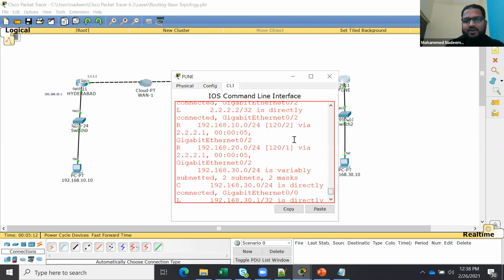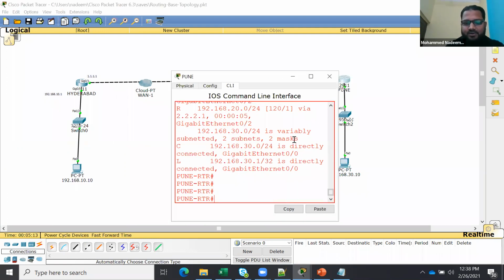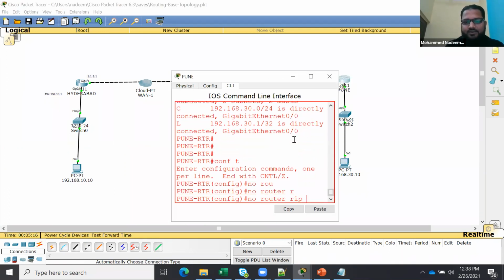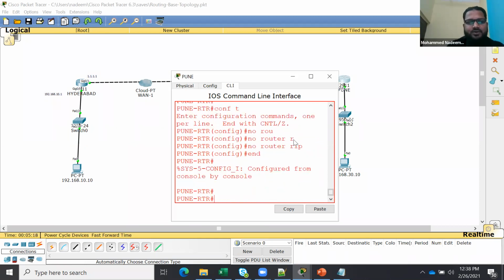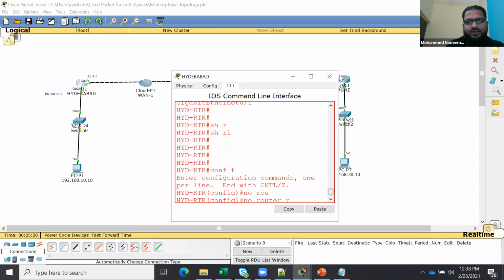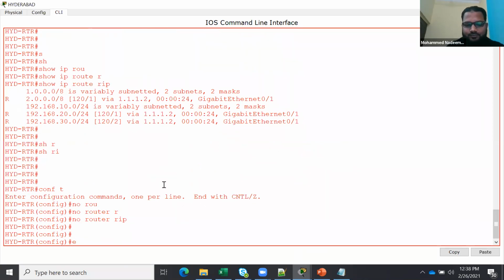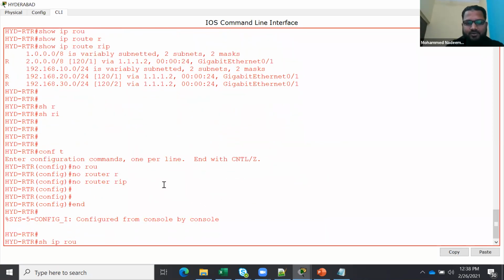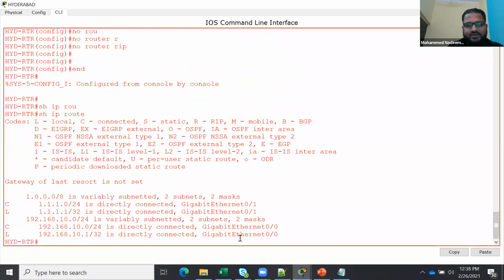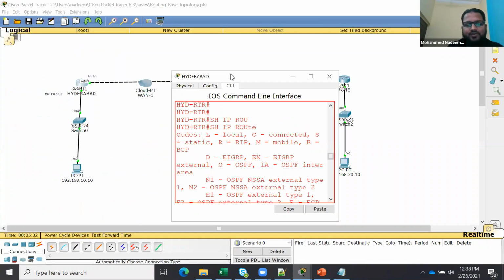Similarly here, config terminal, no router RIP, done. So if I go here in the Hyderabad router, show IP route. Do you see the routes? Routes finished, gone, right? So see how simple it is. You no need to define anything. You are just advertising your own network.